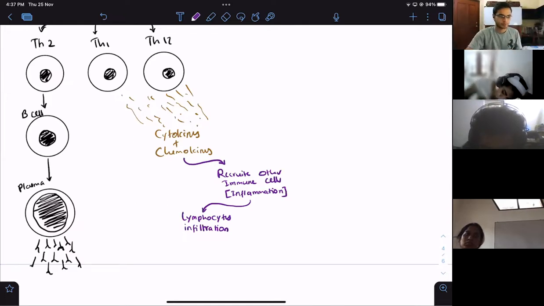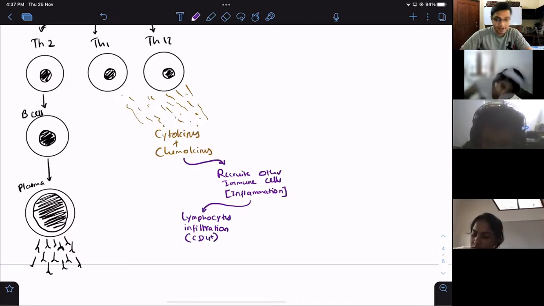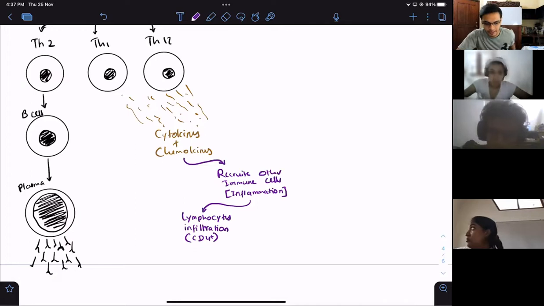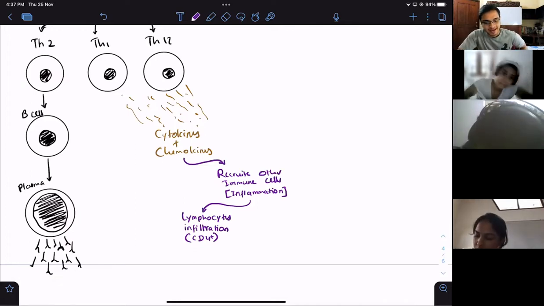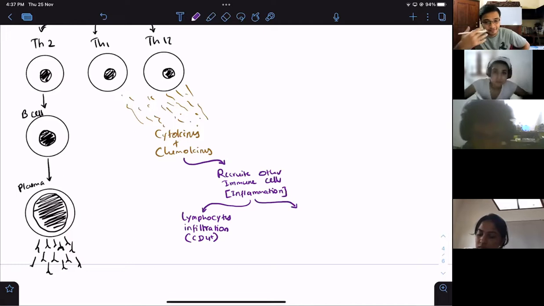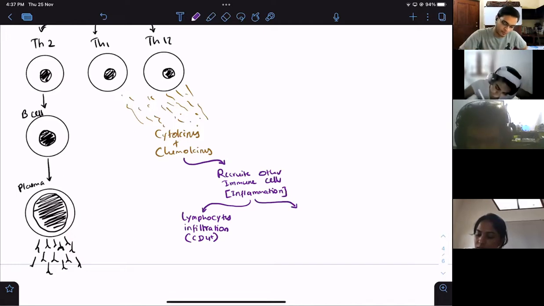Right. Sorry about that. This is where we see lymphocyte infiltration, mainly CD4 plus. Write down mainly CD4 plus. I will tell you all why that is important. We'll come to that later. And another thing, guys, due to these cytokines and chemokines, specifically substances like TNF alpha, when they are released, we know there is also going to be some